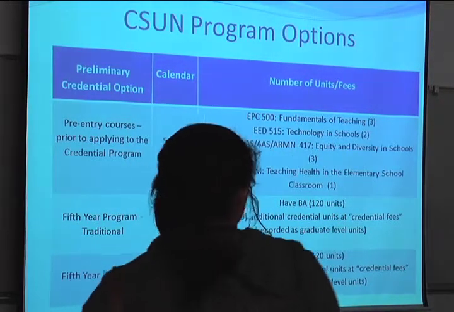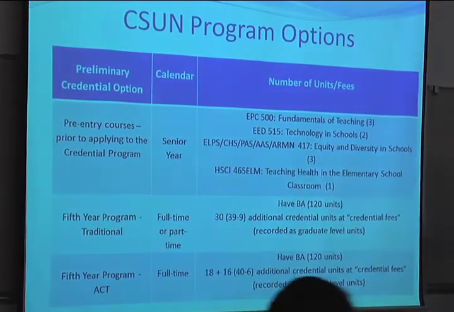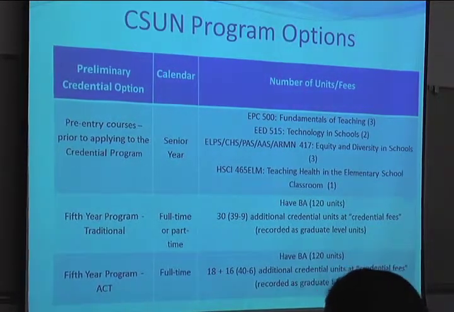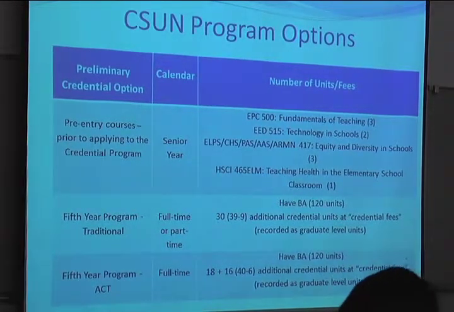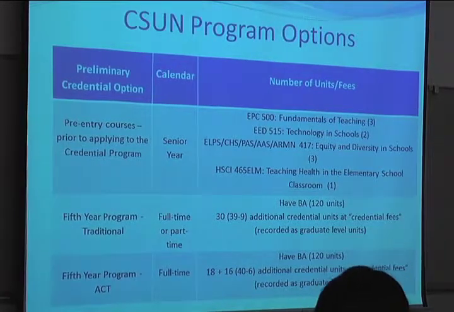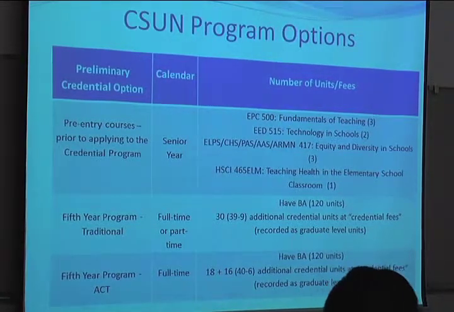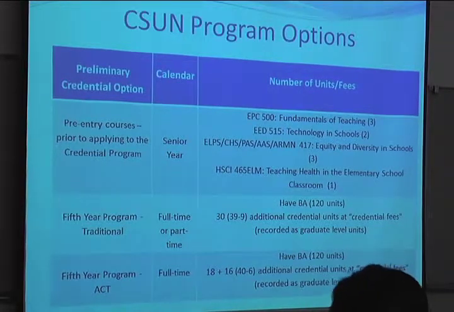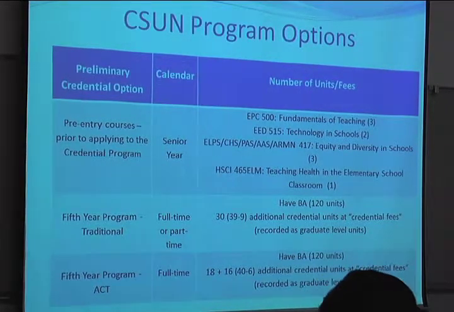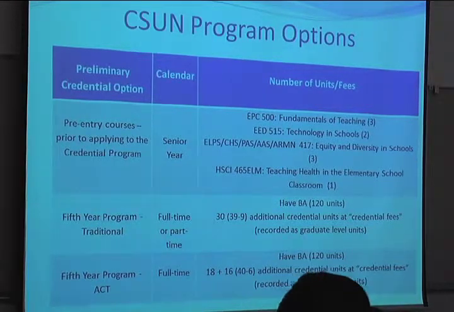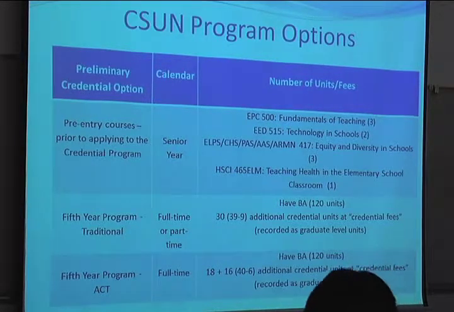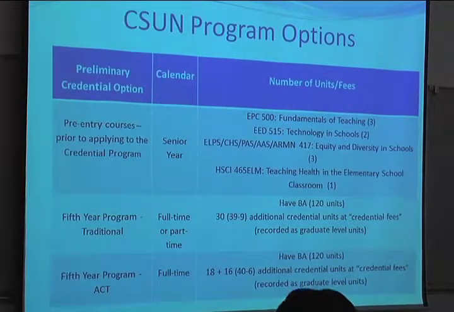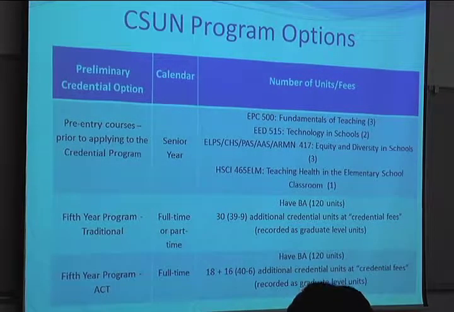And then the last class that you can take is a health course, and this is called Teaching Health in the Elementary School. And this is a 1-unit course that runs for 8 weeks. You go and you learn all about health education, nutrition, how to teach about the food pyramid, all that type of thing. It's a 1-unit course, and it gives you an opportunity to integrate that with science and other types of things in the classroom. So those 4 courses, you've got 3, 2, 3, and 1. You can take those courses as a junior and senior before you get into the credential program.